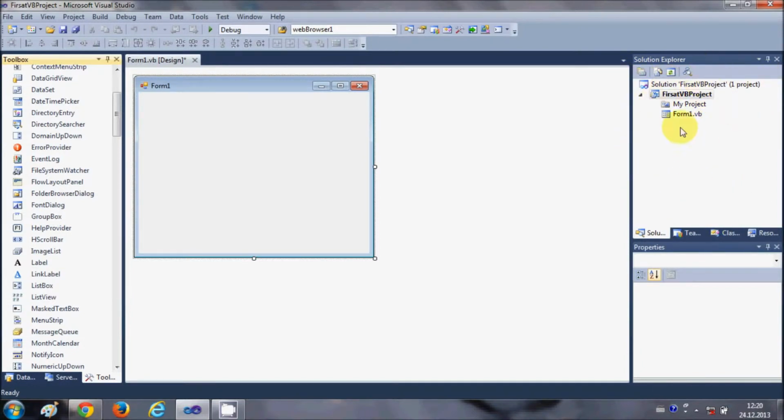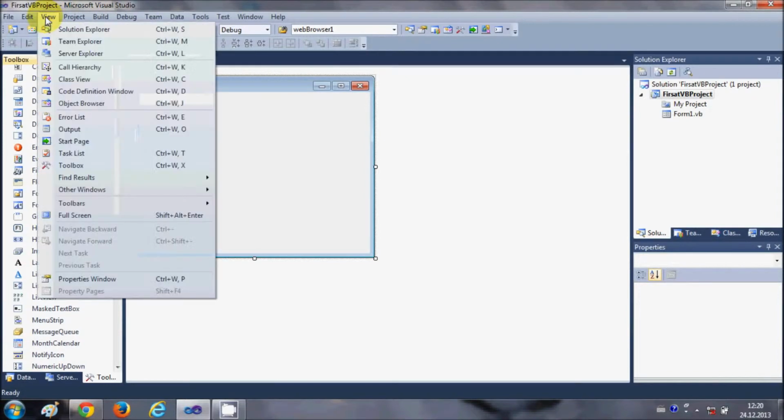If you aren't able to see Solution Explorer, then go to View and search for Solution Explorer or Toolbox, and then you can pin it into your Visual Studio environment.